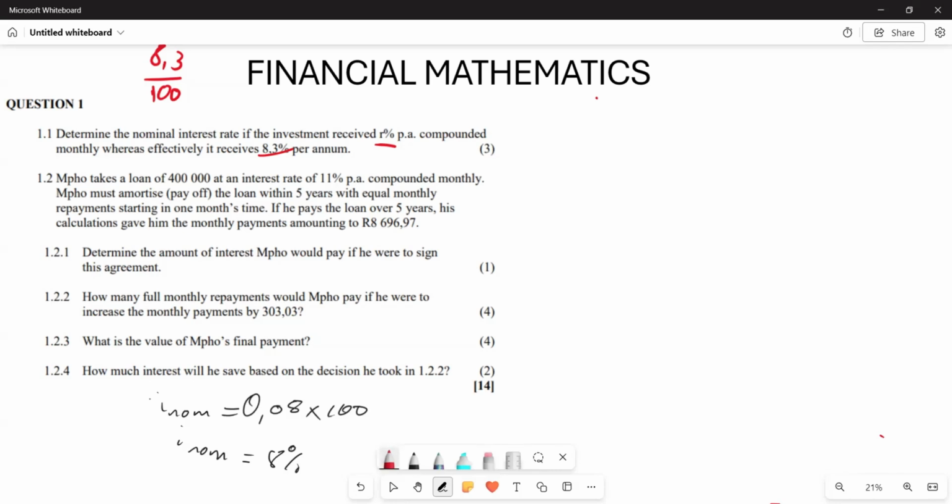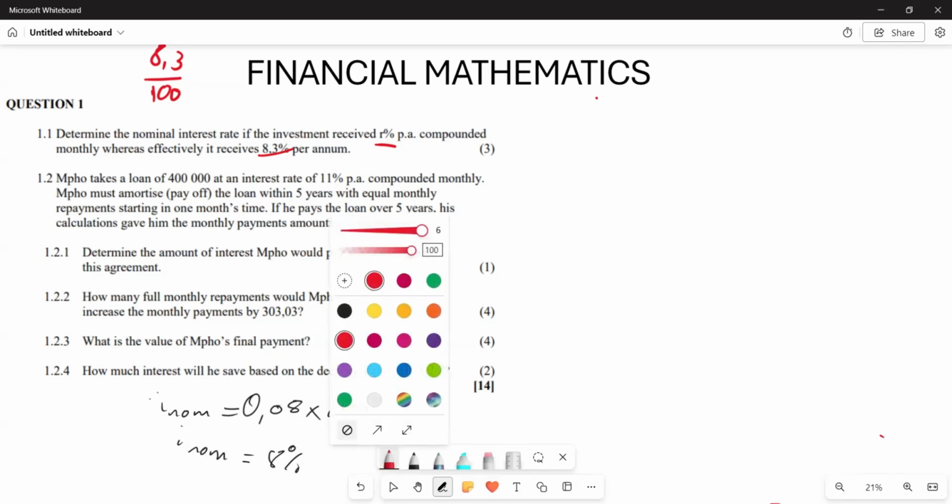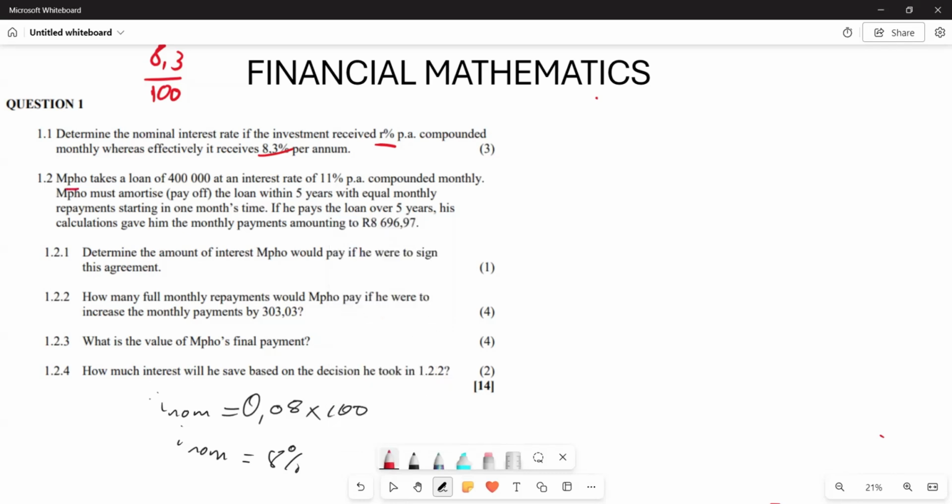Now, let's look at the second one. From the second one, they say Import takes a loan of 400,000 at an interest rate of 11% per annum compounded monthly. Now, they say Import amortizes, which is to pay off the loan within the first 5 years with equal monthly repayments starting 1 month after the